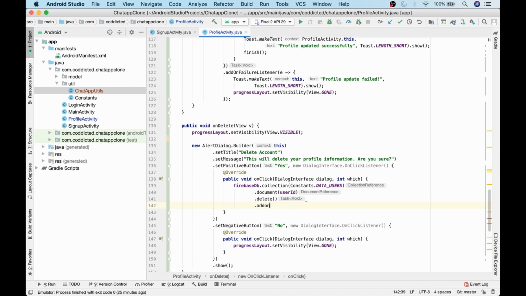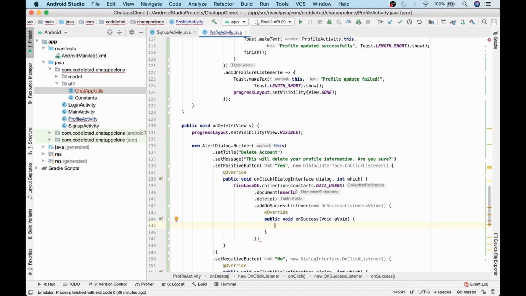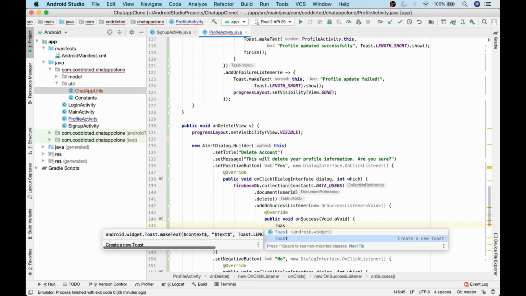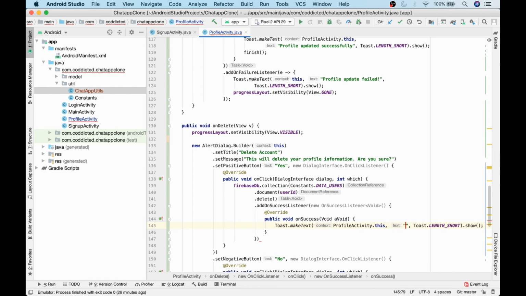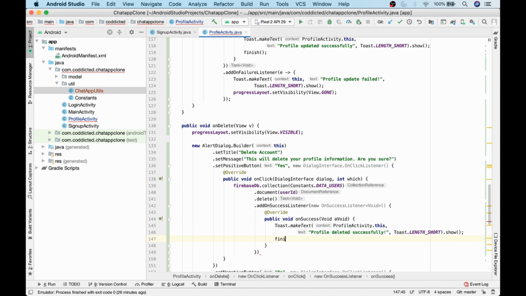Add on success listener, we have new on success listener, and we just show a message. This is fine, and the message would be profile deleted successfully. Right. This is fine, and we finish the activity, so that we go back to main activity,